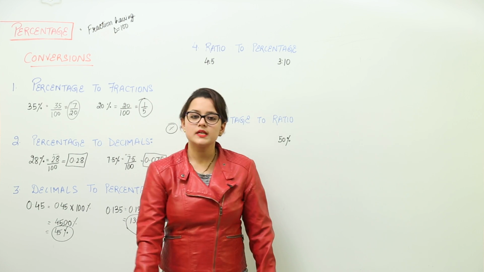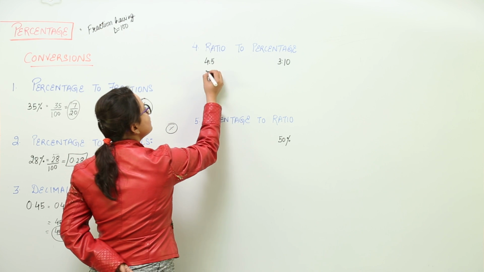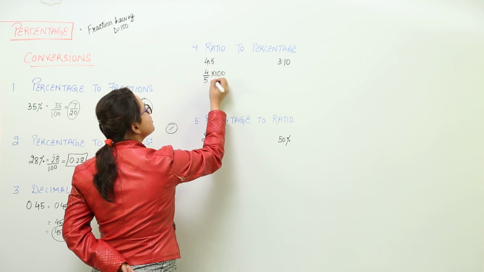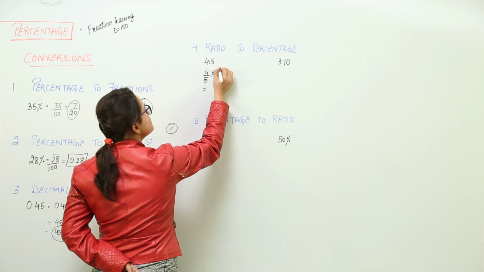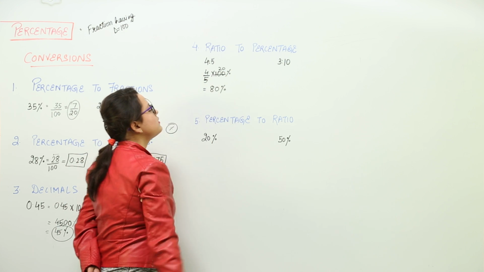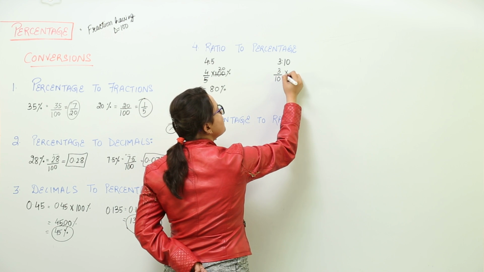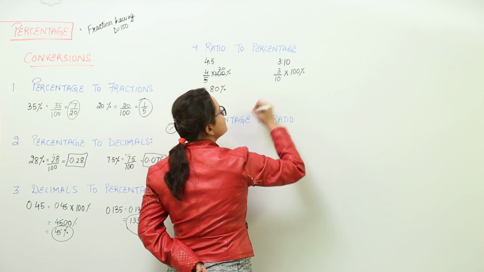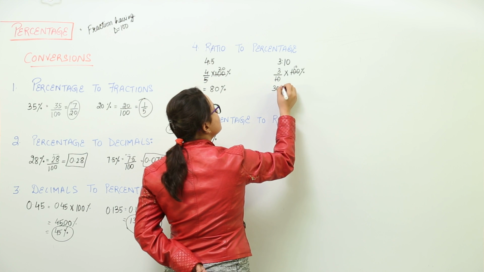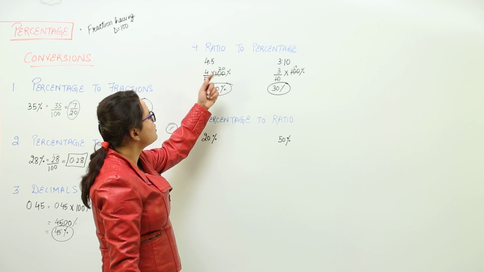Now let us move on to the next conversion, where we have to convert the ratios to percentage. The first step would be to convert the ratios into fractional form and multiply this with 100. So this can be cancelled, so you get 80%, right? You are multiplying it with 100%. Similarly here also, first convert it to the fractional form and then multiply the fraction with 100%. So what do you get? You can simplify this and get 10, and here we are left with 30%. So 80% and 30% are the respective percentages for the ratios